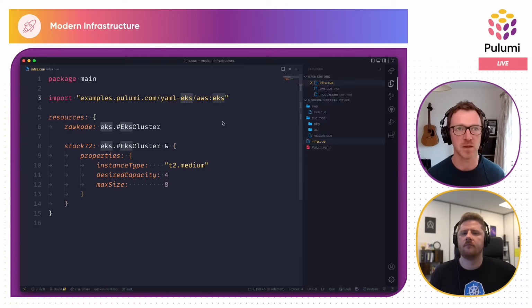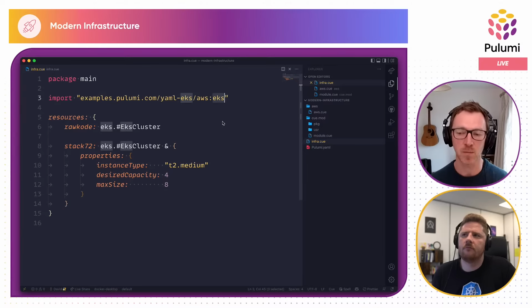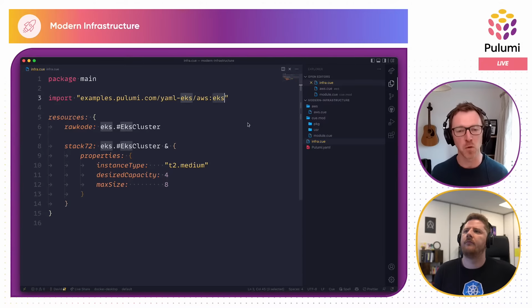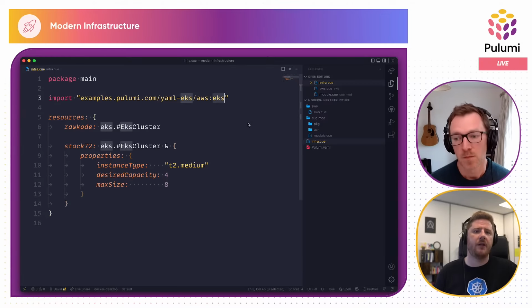But the thing here is that what we are supporting in Q is that you can have multiple packages in a directory. And so what you're doing is you're specifically referencing the EKS package that exists within the AWS directory. For normal use cases, it may just be easier to make the package in that situation AWS, and then you don't need to specify exactly which package within. I guess it depends how many different definitions you're going to have at that level and whether it makes sense to have some sort of logical grouping via sub-packages.